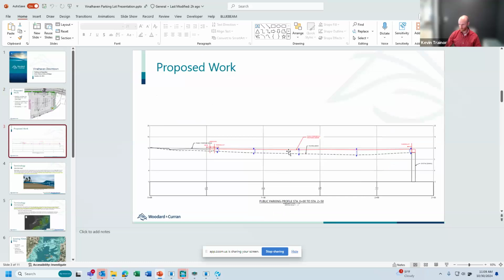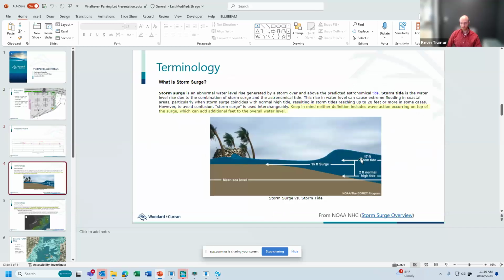Just for a little more context, in cross section, this is where we're talking about. So that 2.3 feet is kind of in the middle of the parking lot, set back about 50 feet from the wall. The greatest depth of fill is set back about 50 feet from the face of the wall. And then